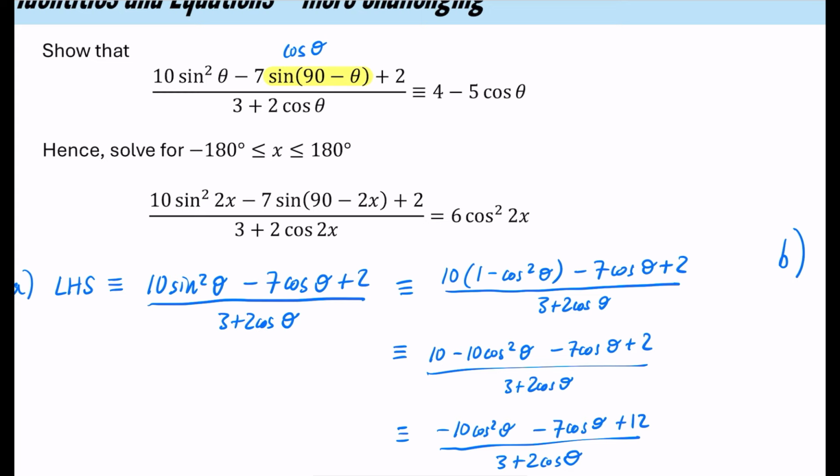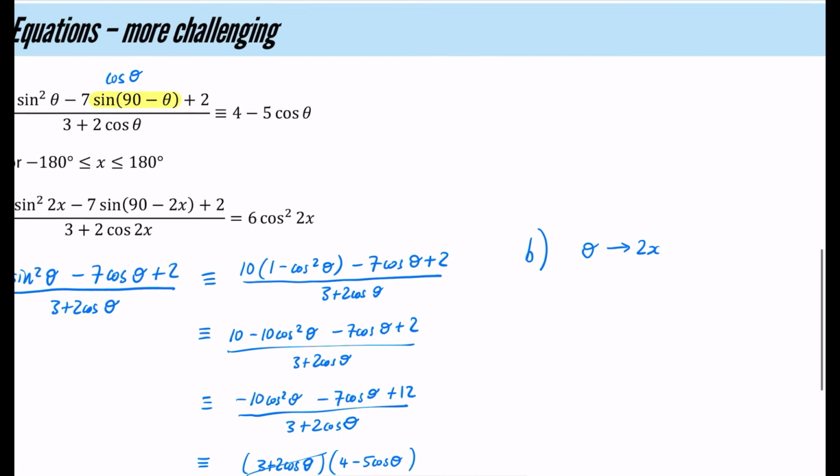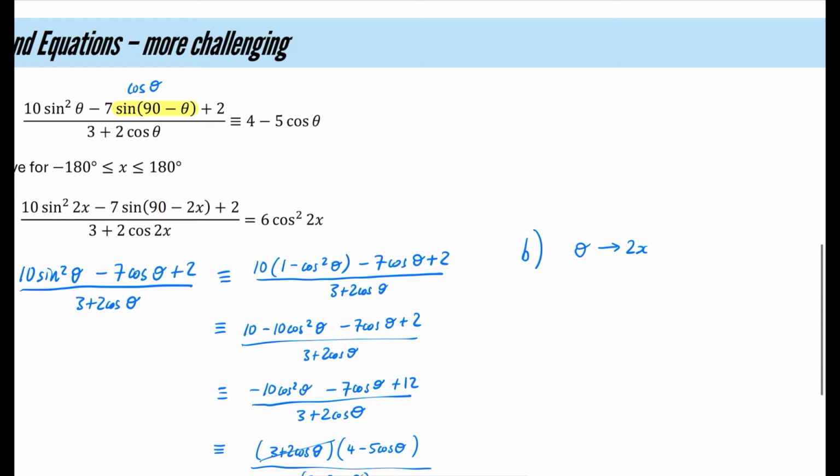So I think I can probably rewrite this whole thing that we've got here as this, because if this thing is the same as this, then this thing should be the same as this, but instead of there being a theta, there is a 2x. So the theta has become a 2x, and we can rewrite this whole section as 4 minus 5 cos 2x, and that is equal to the new thing on the right-hand side, which is